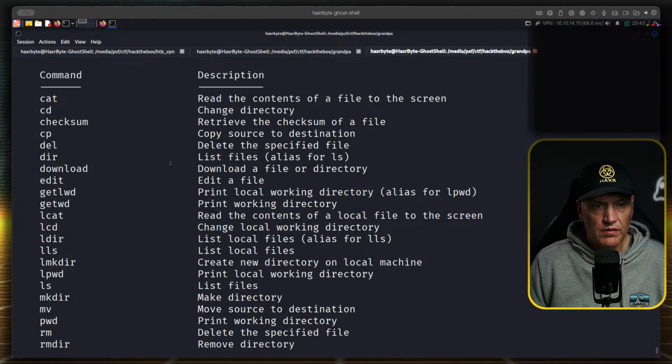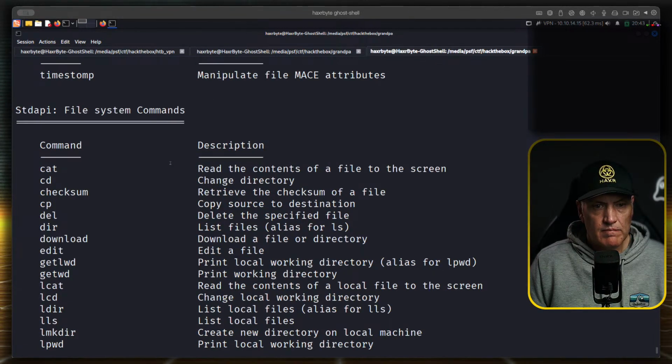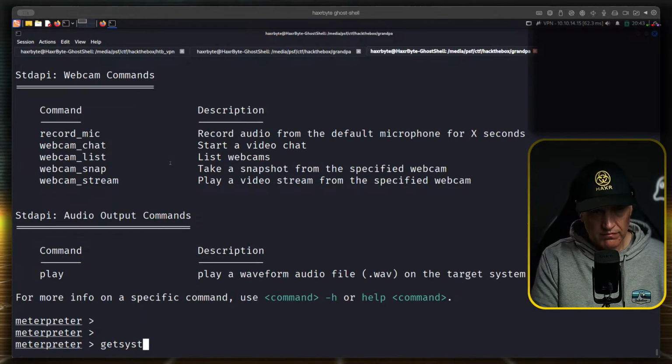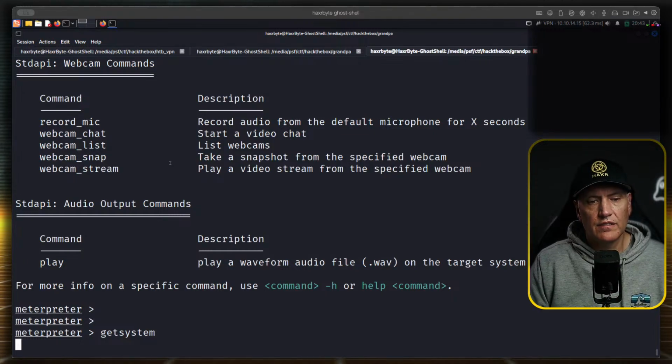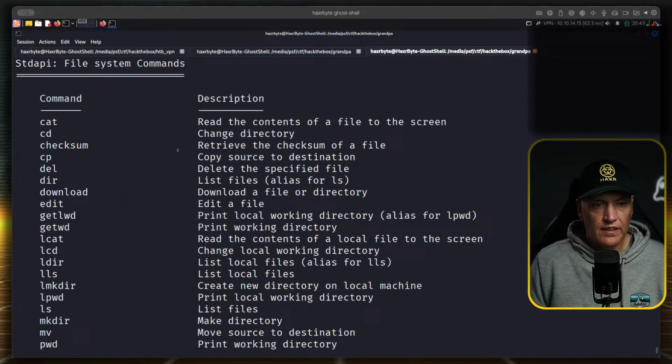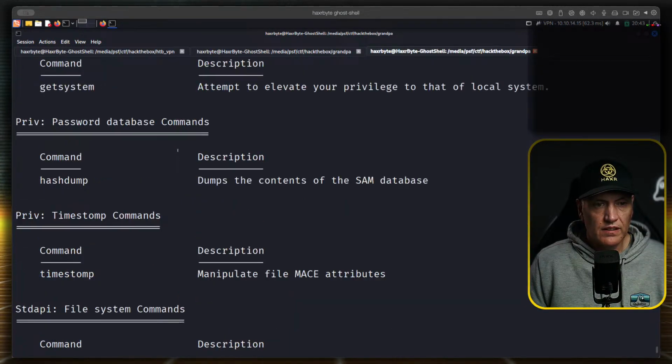Upload files, download files, cat files. Can we get system? I don't think so. No, I didn't think so. That's being very optimistic.